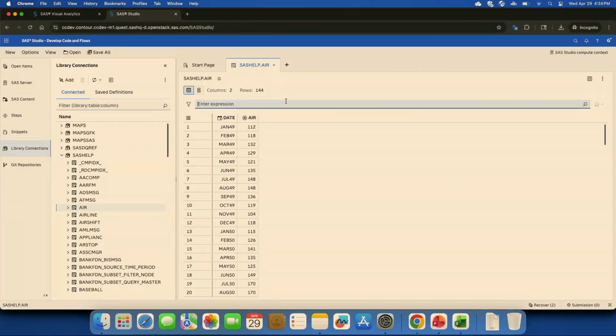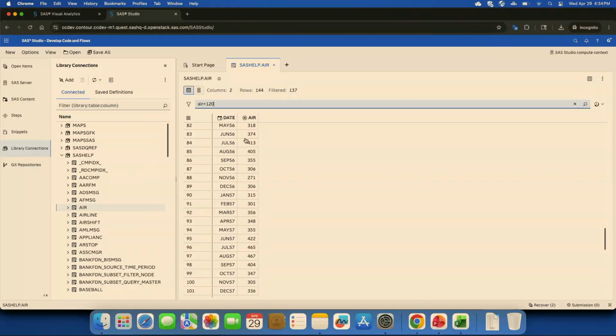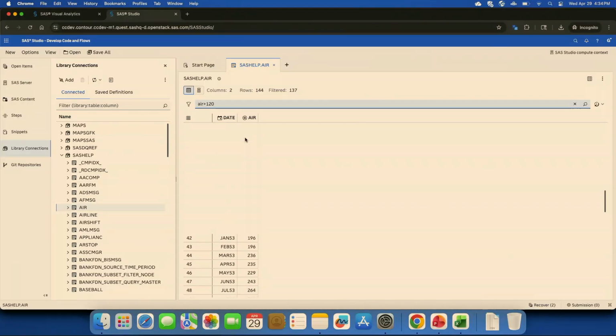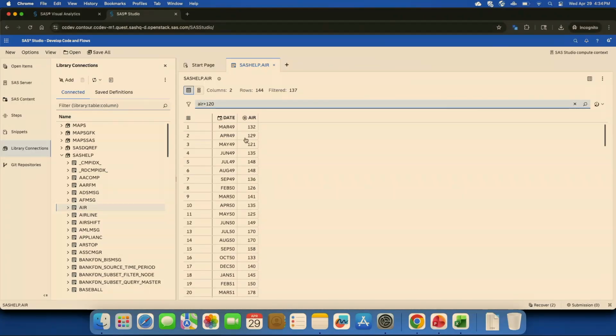One of the cool things in SAS Studio that they've had in prior versions as well is you can enter your own filters in here. So instead of bringing up the filter selector, you can just type in a filter and view that here. You can reset that as well.